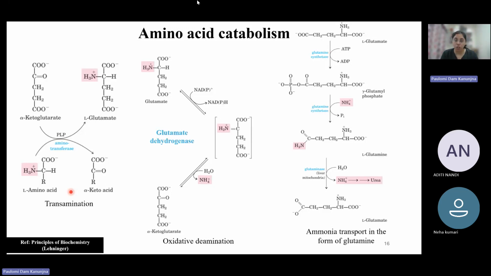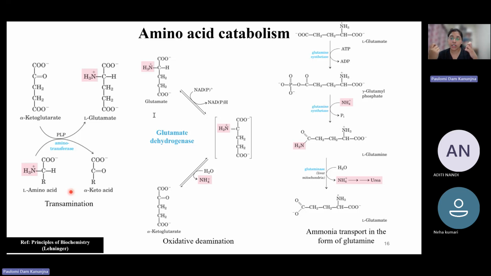Because ammonia is toxic. Ammonia cannot be stored because it's very toxic to animal tissues, and that's why whenever it is excreted out of a hepatocyte, it needs to go away. It needs to be directly excreted, right? So you will more often than not see that the level of ammonia present in the blood is often regulated. So in tissues like brain,